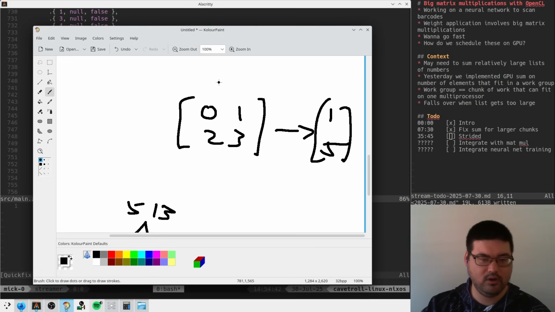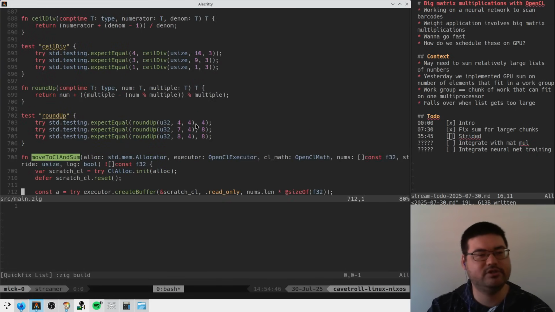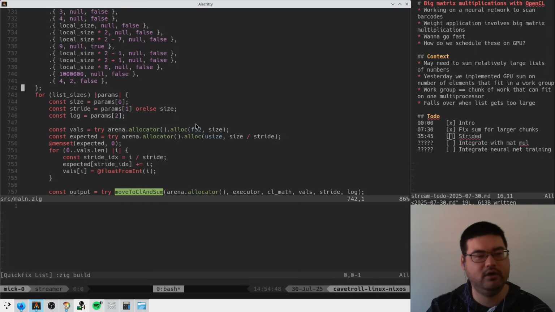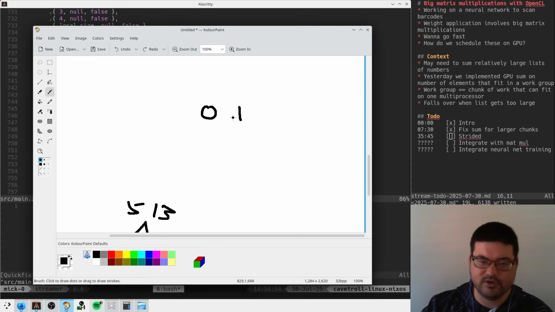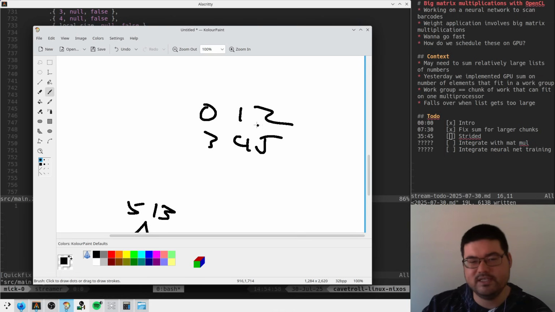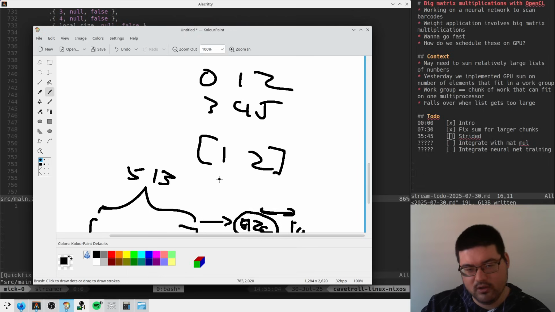Actually let's do 6 and 3, I think that will be easier for an initial attempt. So it's 0, 1, 2, 3, 4, 5. So this is supposed to end up as 0 and 1 sums with 2 in a local buffer. And then our iterator, which is supposed to implement this reduction,